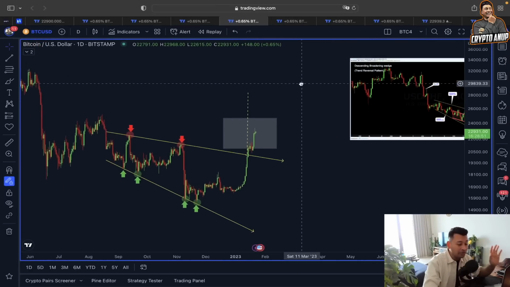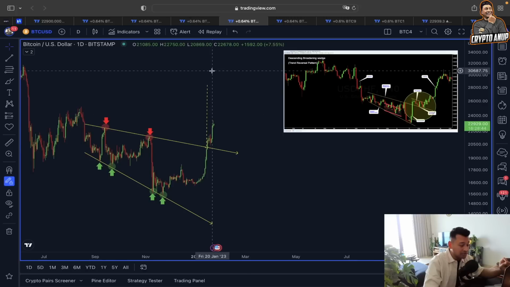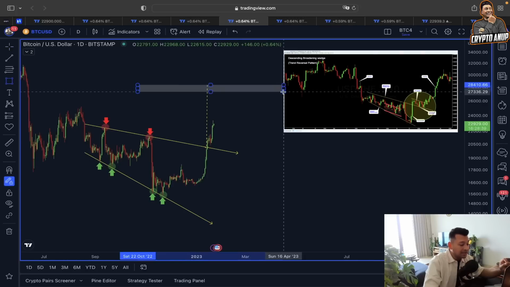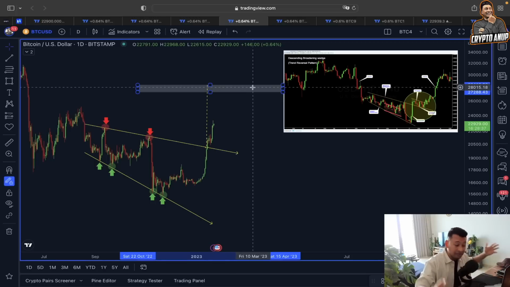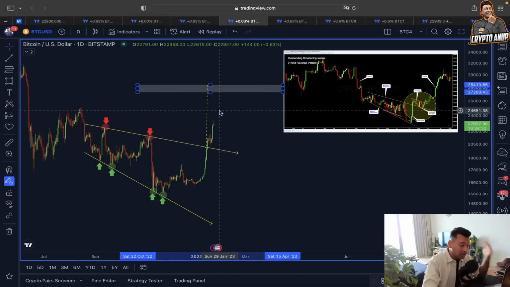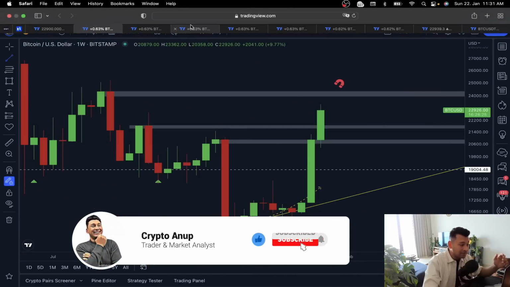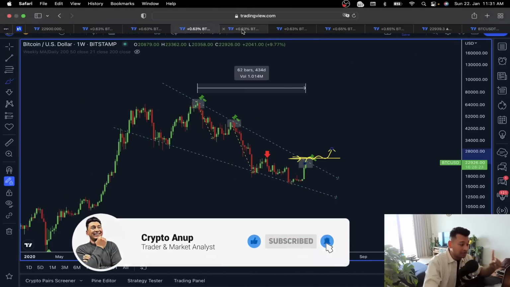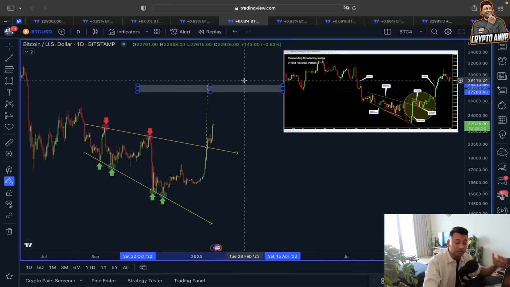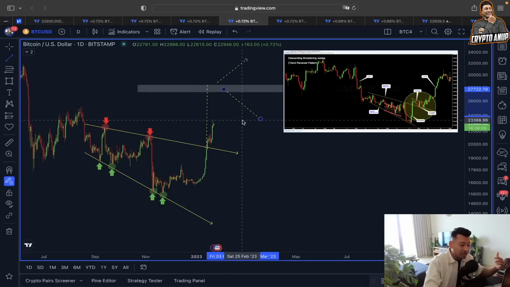Yes, because according to this descending broadening wedge, our impulsive target has not been met yet, because according to the descending broadening wedge, the target could be lining between the 28,000 to 29,000 range. You can see it's a very massive target, but I'm not saying it's completely impossible, right? But if we break this key line of resistance which we have here in a bigger time frame, then there is a possibility, guys, of price also getting attracted towards this 28,000 range before price chooses a trend direction here in this manner.